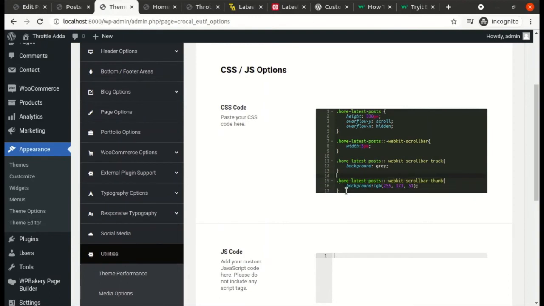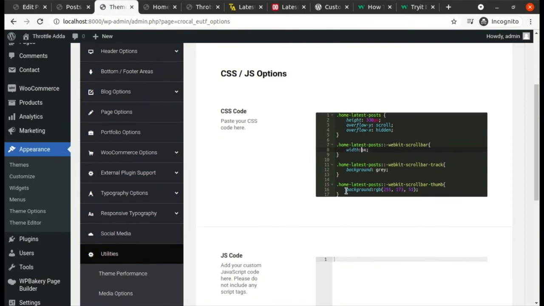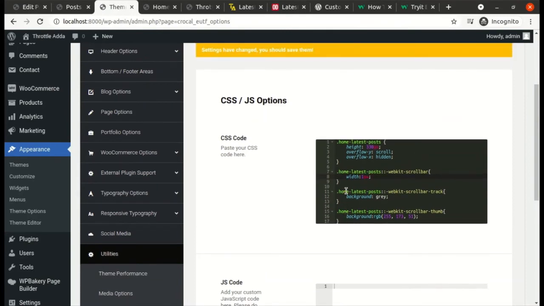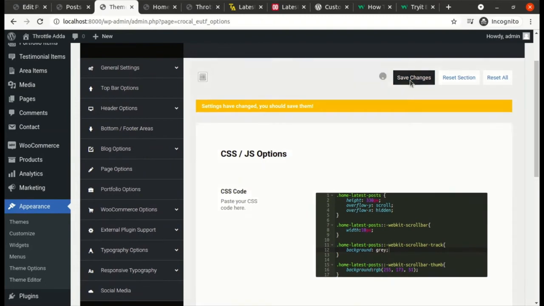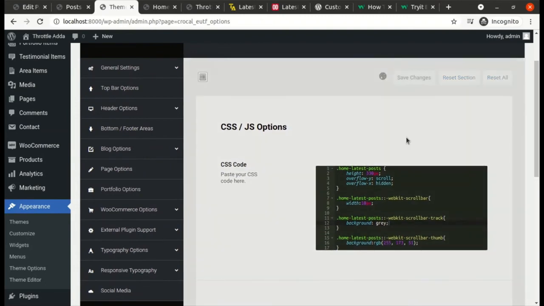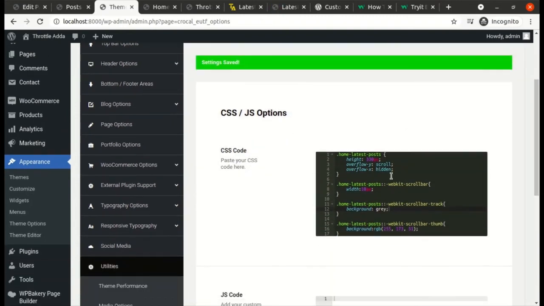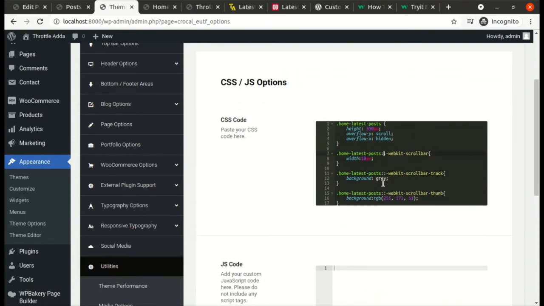Okay, so if you see from line number 7 in the CSS box till line number 17, this is the CSS code that we need to write in order to achieve the exact same design, but with different color, because our theme is of a different color. Okay, so I will go ahead and save the changes. Let me explain a little bit on what I have written. So this is the box, this is the custom CSS class that we have given.